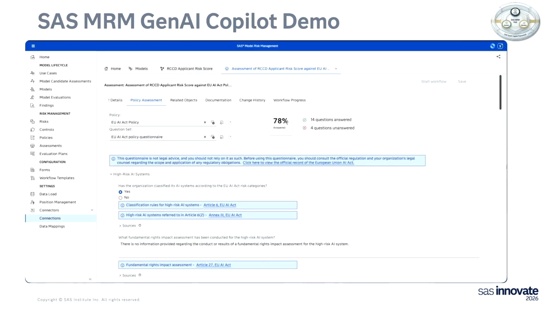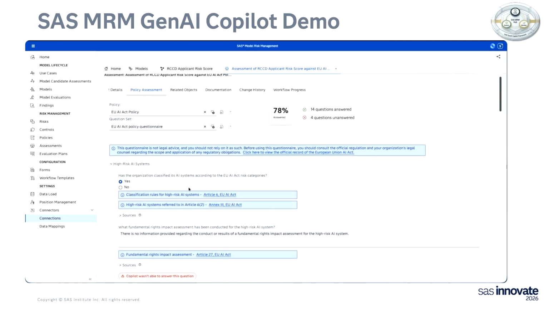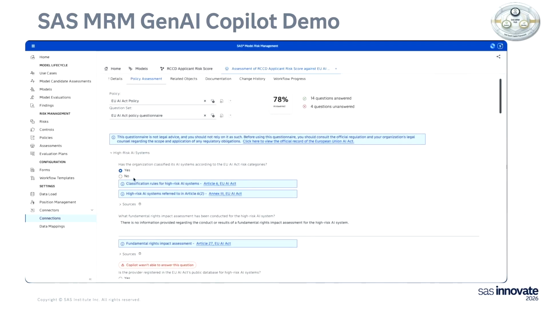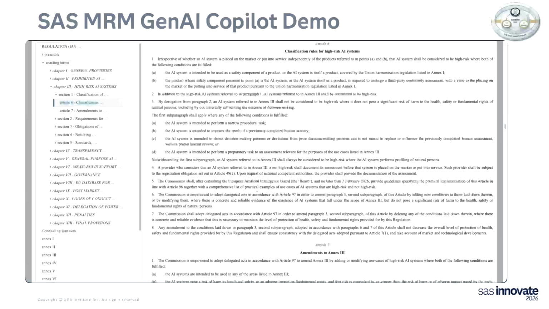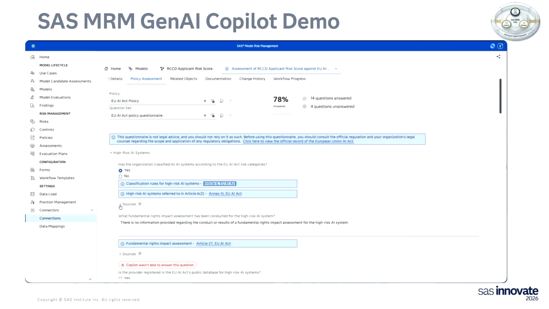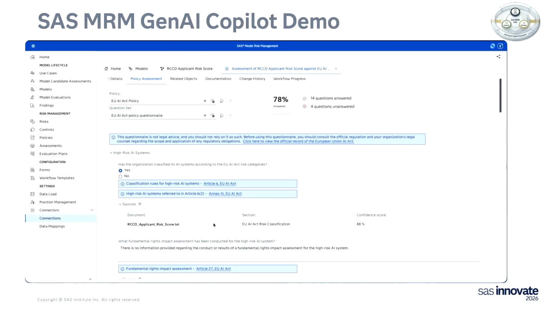Another important aspect is that for every single question that we are answering, you have a link to the regulation, or the portion of the regulation that might be relevant to answer that particular question. So, for example, if we click on the first article, it brings us to EUR-Lex Article 6, which is relevant for answering that particular question. So you have the actual full context, and the LLM is able to read that context to determine whether it's going to answer or not.